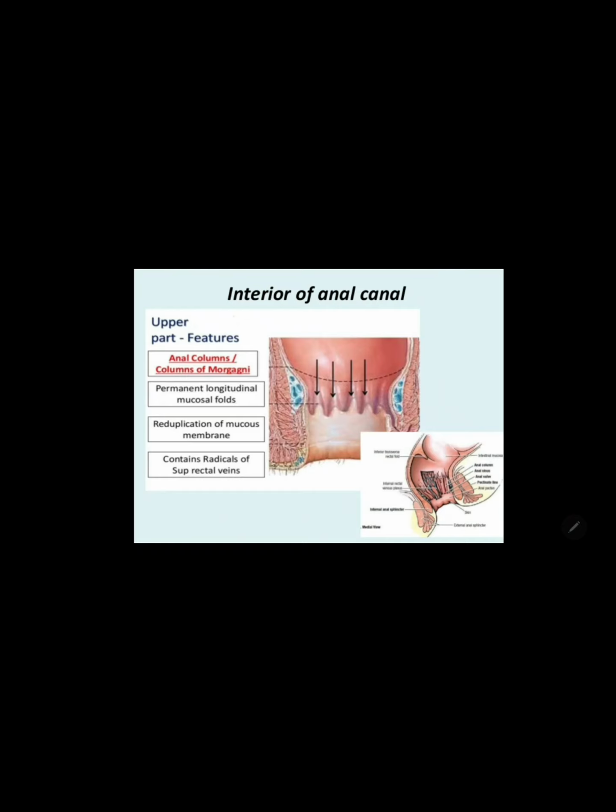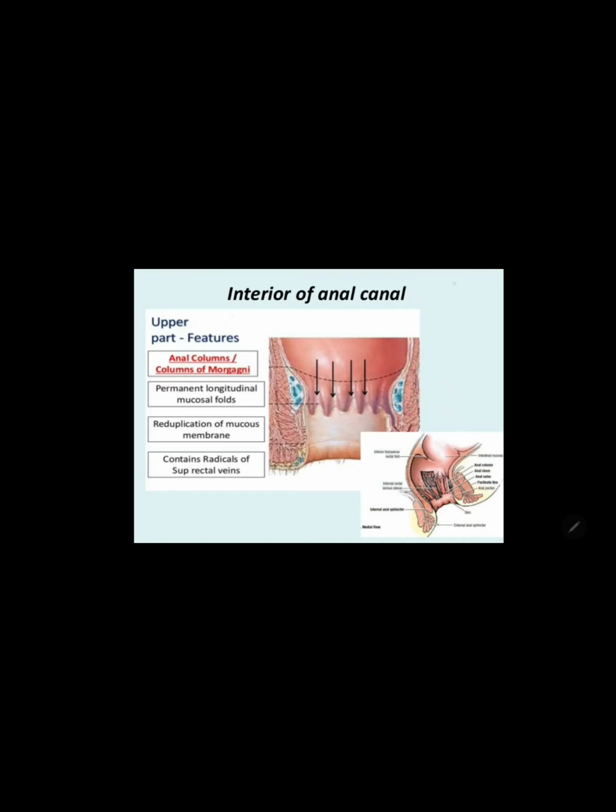You will see the anal columns, these are longitudinal columns. Then you will see anal sinuses here between them, and you will see anal valves. So you can see these anal columns, or columns of Morgagni, are permanent longitudinal mucosal folds,